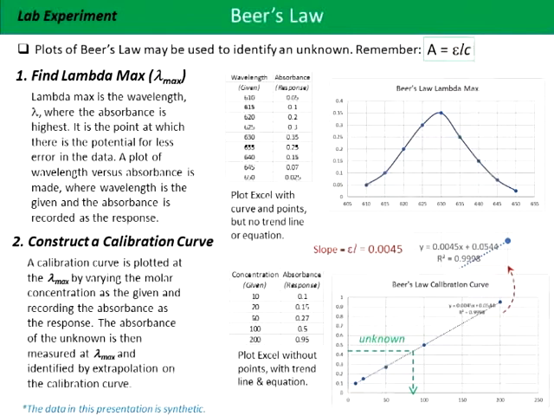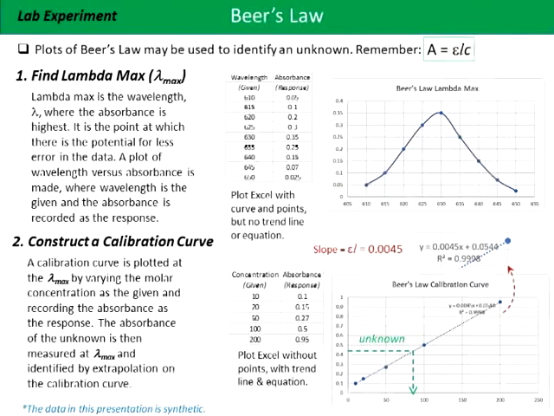So we would have this sample at a known concentration and we would measure it over the wavelengths. In this case, our wavelength was 610 to 650, and we found a Lambda Max at approximately 630 nanometers. We're going to now take that 630 nanometers, and that is going to be our Lambda Max we use to